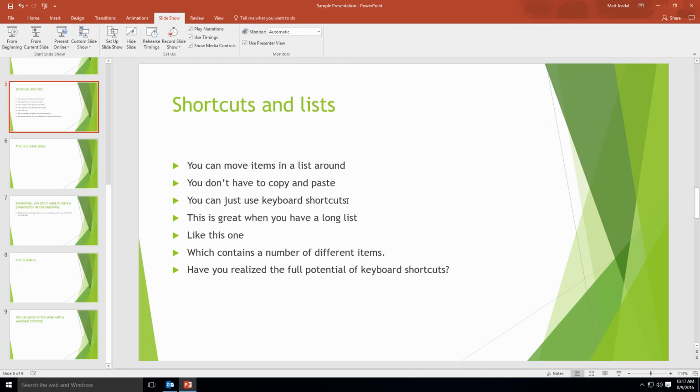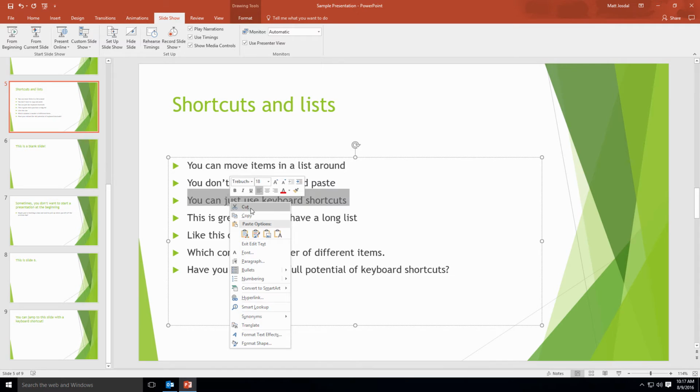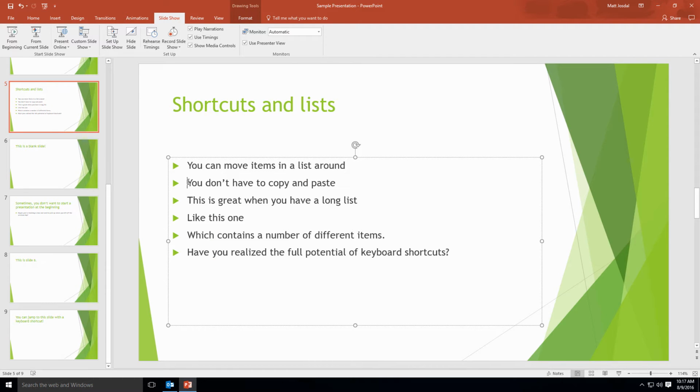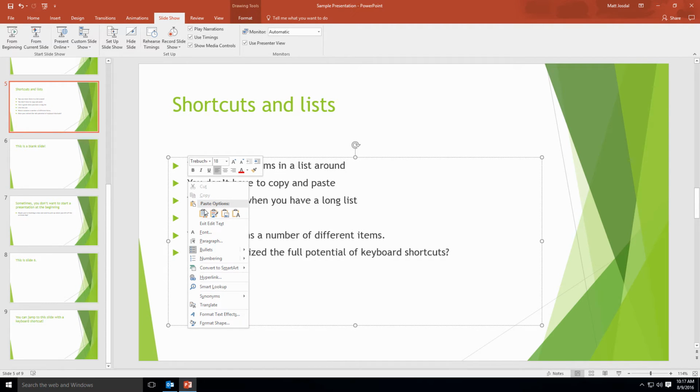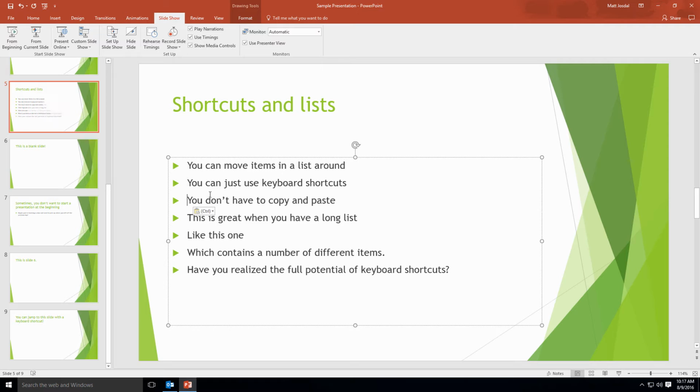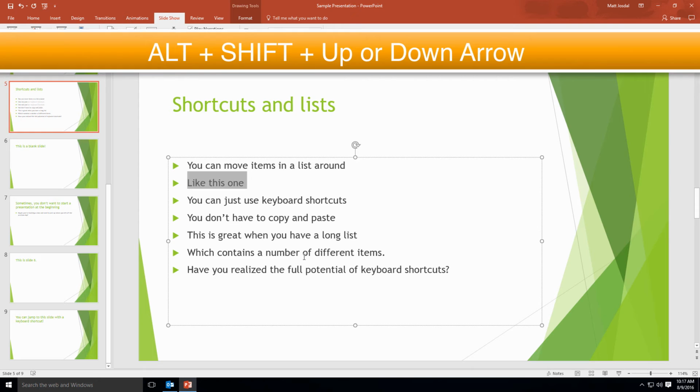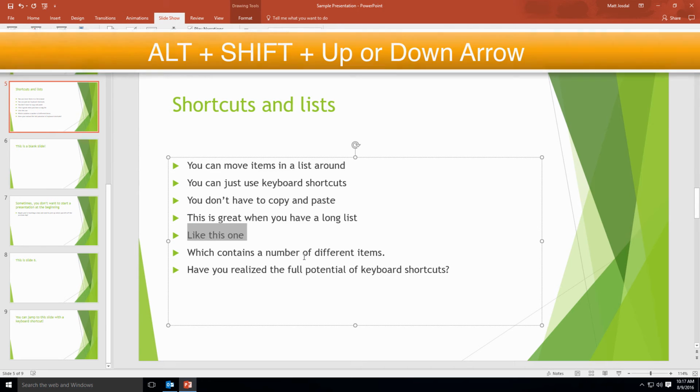Now let's look at something that comes up often when putting a presentation together. Bulleted and numbered lists are really common in PowerPoint presentations, and there's often a need to shuffle items in a list around as you think of new ones or reprioritize your existing order. Usually, this involves a lot of cutting and pasting, but there is a quicker way to do it. Instead, just hold Alt, Shift, and use the up or down keys to move the items through the list to